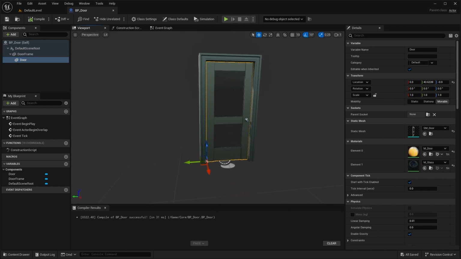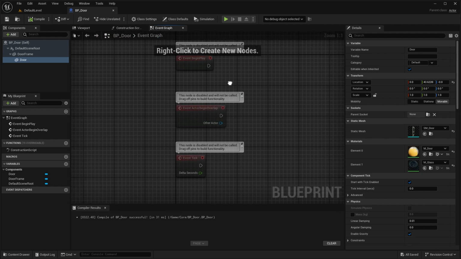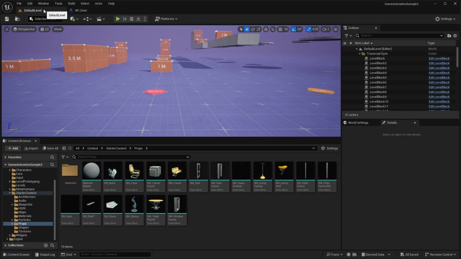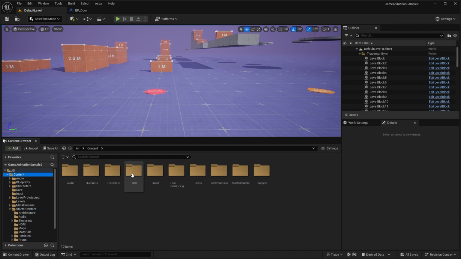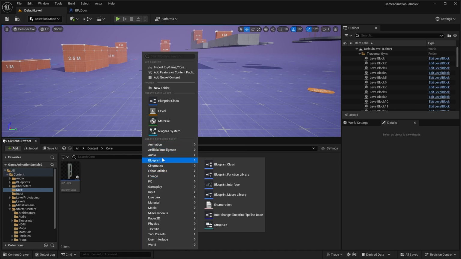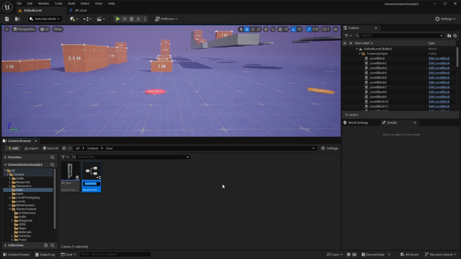So now let's go ahead and set up the logic for interacting with this door blueprint. The way that we'll set this up is we'll need to head over to the event graph. And we're going to set this up using an interface event. So let's go back to our level here and go to our content folder. And in our core folder, we're going to right click and create a new blueprint interface. And we'll rename this to